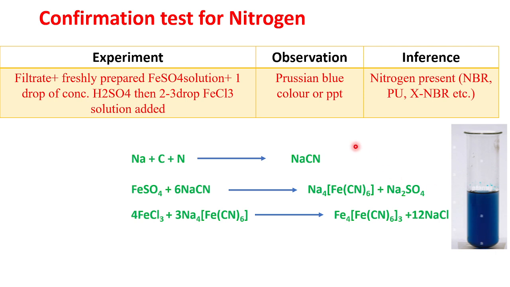Now what reaction is happening here? Sodium, carbon and nitrogen will form sodium cyanide, and you are also adding FeSO4, so it will react further with the FeSO4 and form Na4[Fe(CN)6] and sodium sulfate. Now when it again reacts with the ferric chloride, that will form the ferric ferrocyanide. So here both Fe2+ and Fe3+ are present, and that actually shows that particular Prussian blue type of